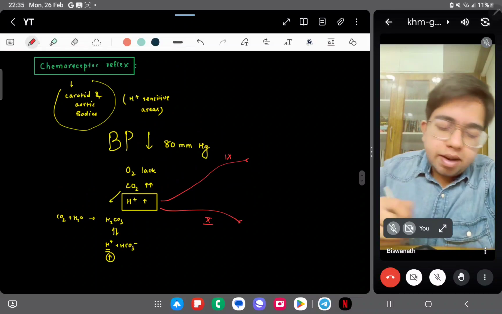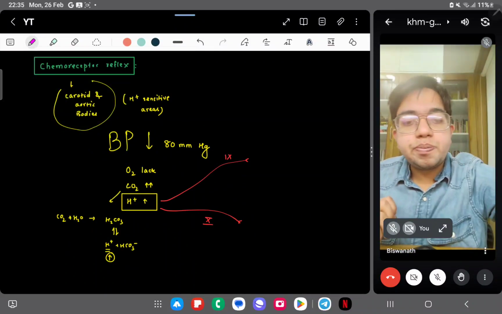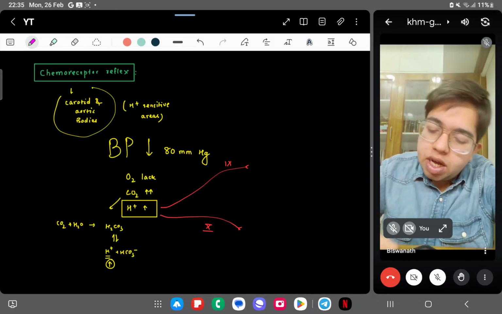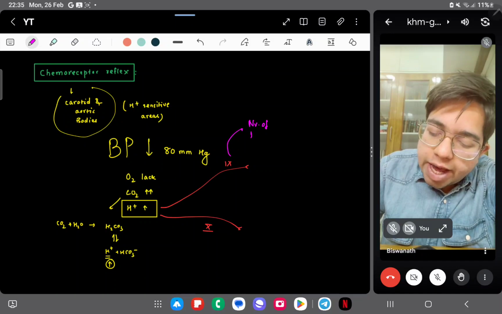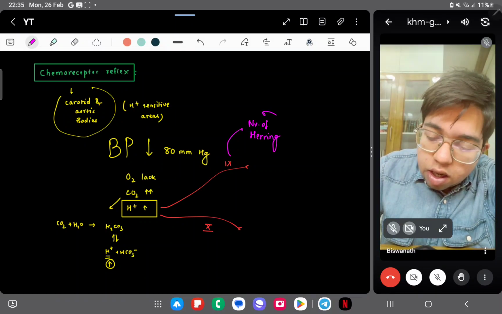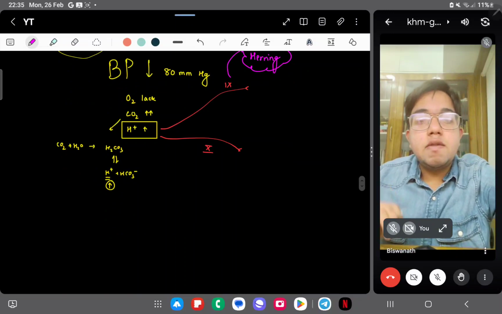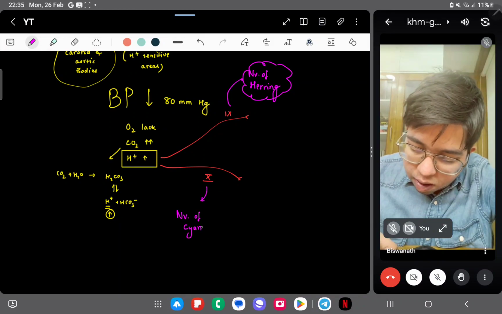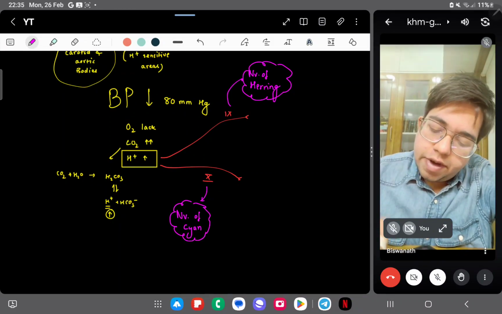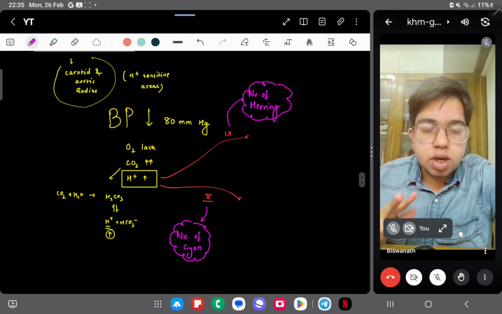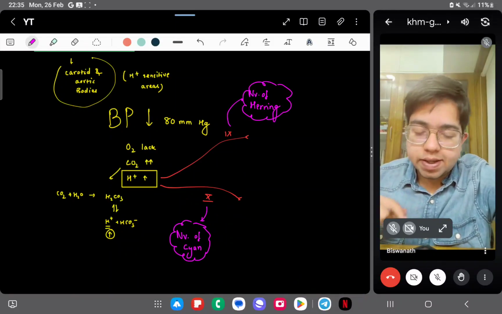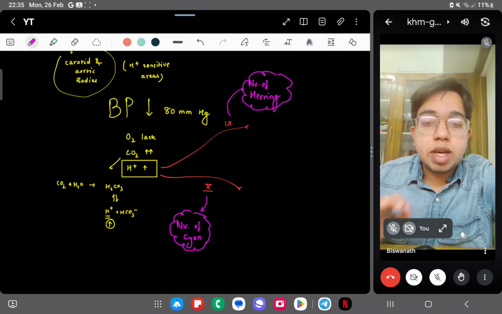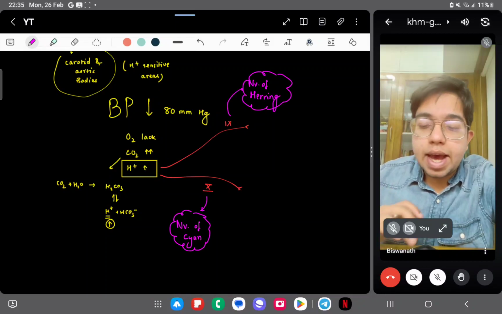In fact, we have special names for these nerves. If you want to know the special names for these branches of nerves which are basically doing this function, this ninth nerve is called the nerve of Hering. And this 10th nerve is basically called the nerve of Cyon. Nerve of Hering and nerve of Cyon are the two nerves carrying the signals of increased blood pressure. Basically, this H plus increase is sensed by the chemoreceptors, and these ninth and 10th nerves are carrying the